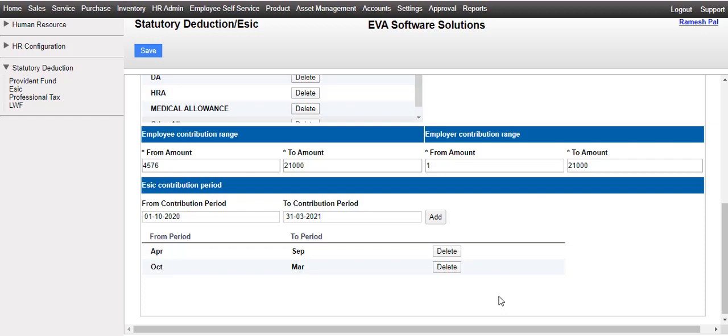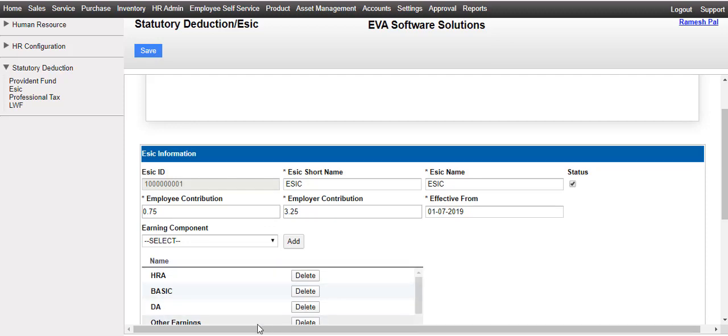If the salary of an employee increases in contribution period, then still he will be applicable for ESIC contribution, and the ESIC will be calculated on new gross earning. For example, if the gross salary of an employee increases to 23,000 per month, then the ESIC will be calculated on 23,000, and this calculation will be applicable till the contribution period ends.